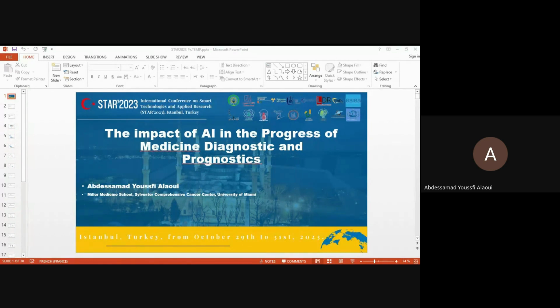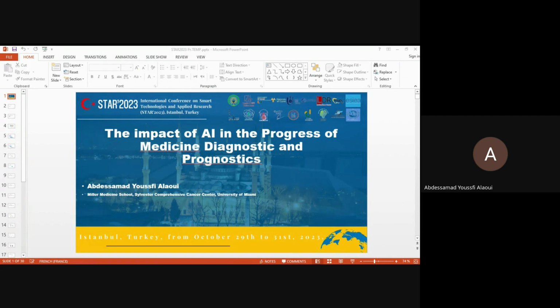Now I'm working as a research scientist at the University of Miami. I am working especially on medical data, on genomic data, including RNA-seq data and whole exome sequencing or whole genome sequencing. We will get an idea about what RNA-seq data is, what whole exome sequencing is, and what whole genome sequencing is. So today I will present a little bit of what I do now,